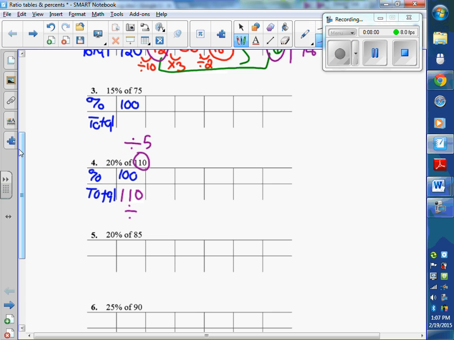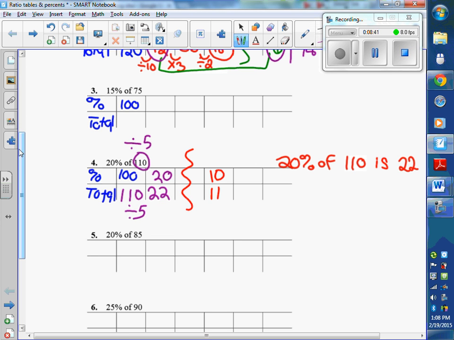Can you do 110 divided by 5 in your head? Oh, yeah. Which is 20. And then 110 divided by 5 is 22. Yeah. So because he's good at his math facts, it's a one-step problem. So the total would be 22. Right. So that works for Noah. So 20% of 110 is 22. So I'm guessing for a lot of you, it might have been easier to go down to 10